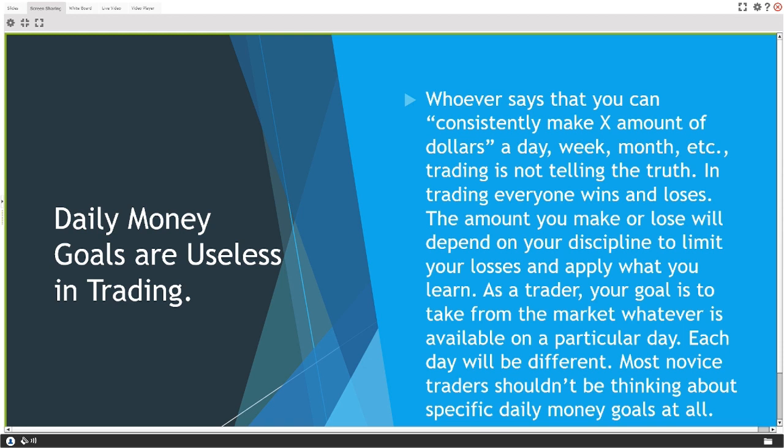Money goals are not a good thing to use, especially daily. I like to do monthly. A monthly money goal is way better, right? Because it's way more realistic. So every single month in my trading, I like to shoot for around $10,000 a month when I'm trading on my regular account. And I'm usually right around that. If that's 9,000 or if that's 15,000, I'll have a good month every now and then where I have $25,000 a month, something along those lines. And you guys have seen me do that because I trade live every single day with my big account.